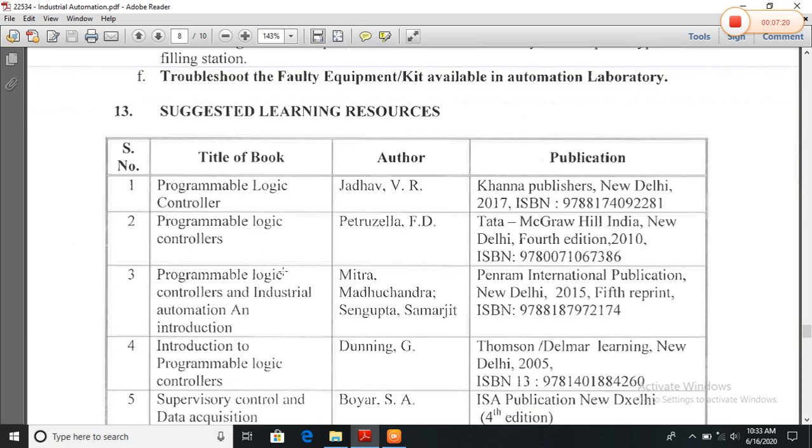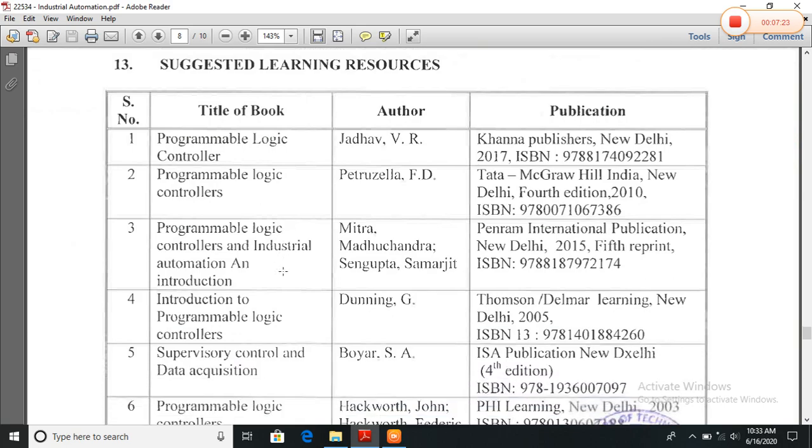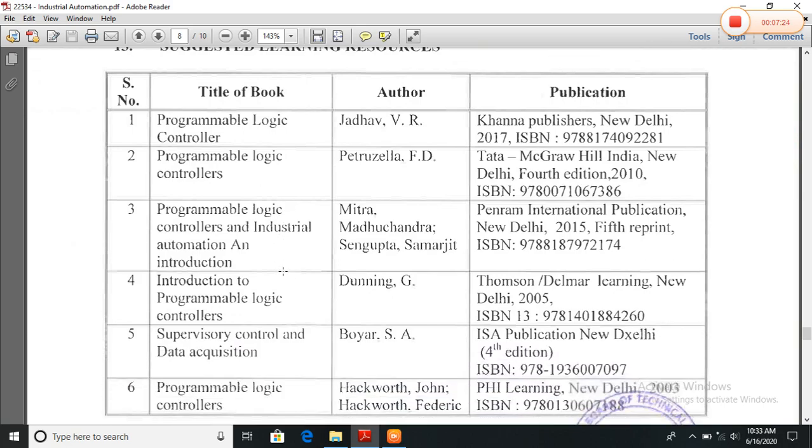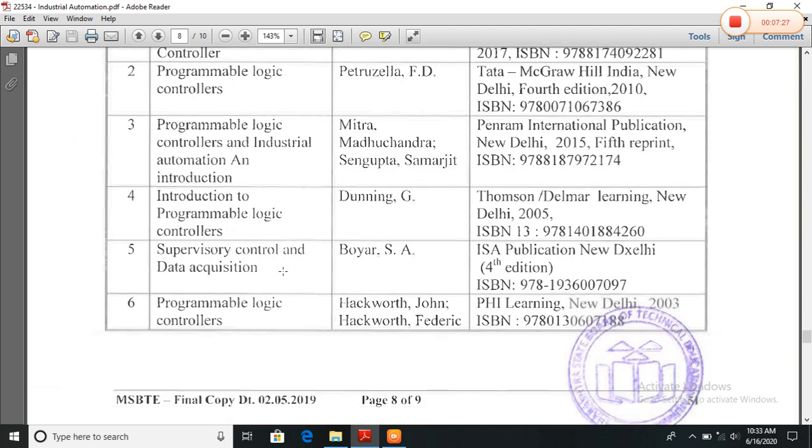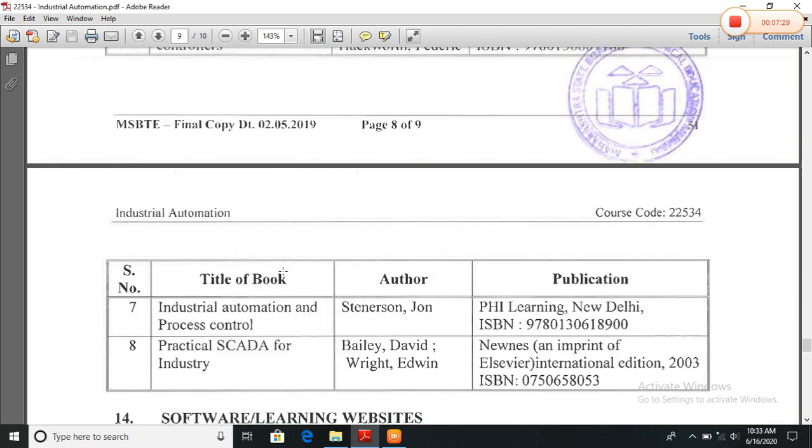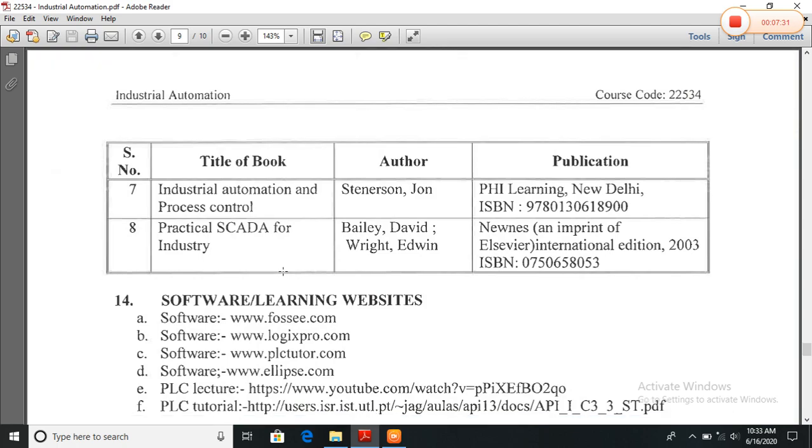These are some reference books given by the MSBTE. These are some